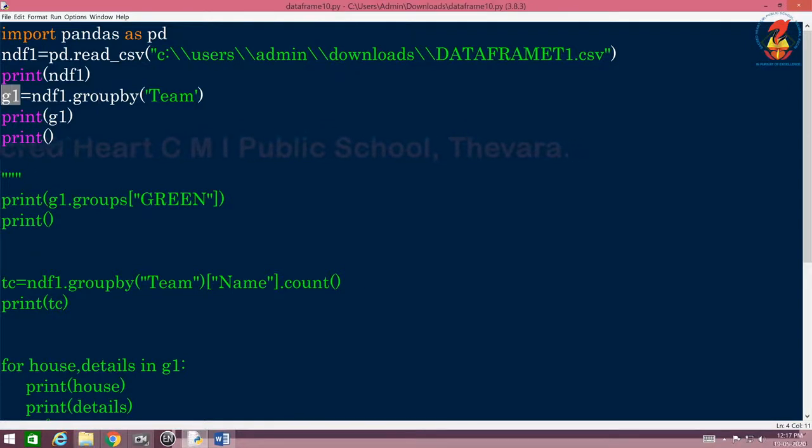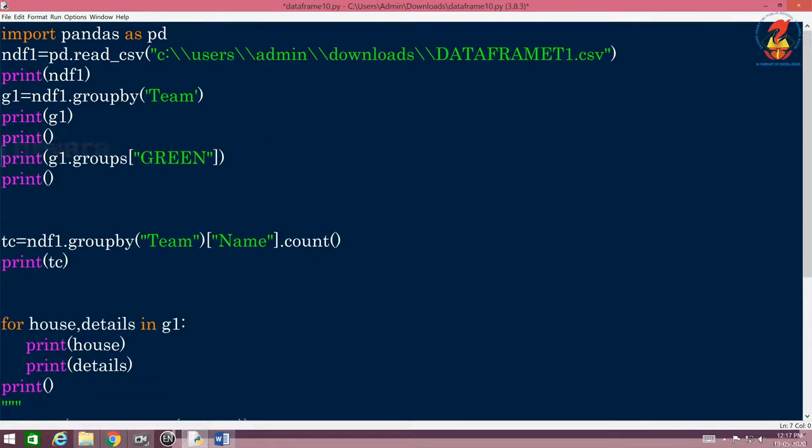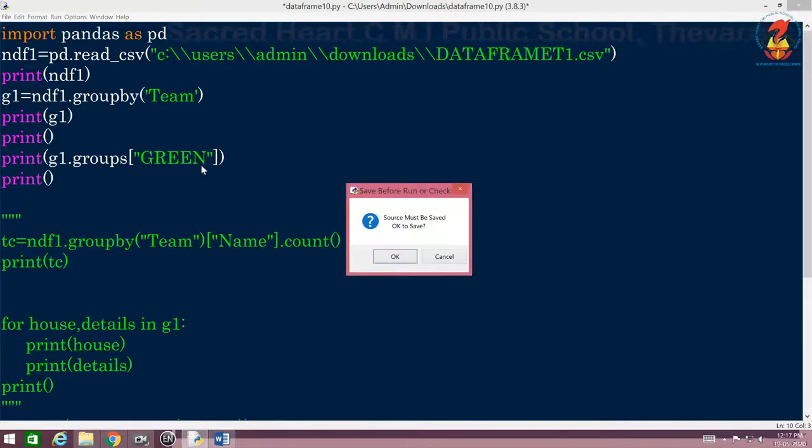For example, this is the new data frame which you created. So in that case, I am going to make the first change here. I am going to comment it here, and then this is it. Now, under the team, there is a value called green, correct? So let's see now what is the output. I have commented all other group bys, other style of aggregation and all. Now the output.